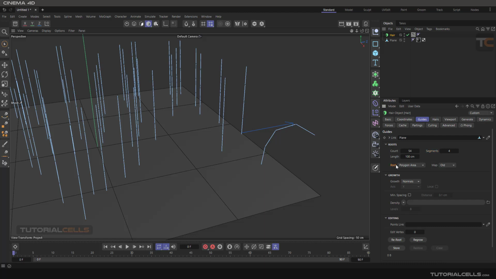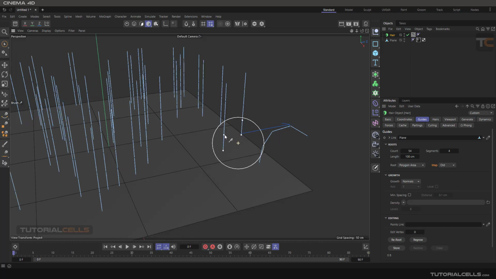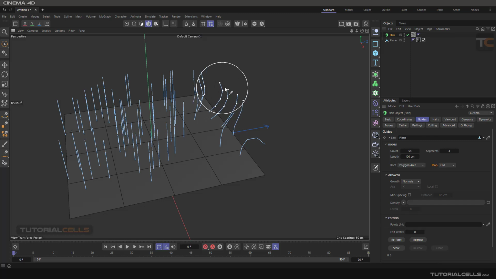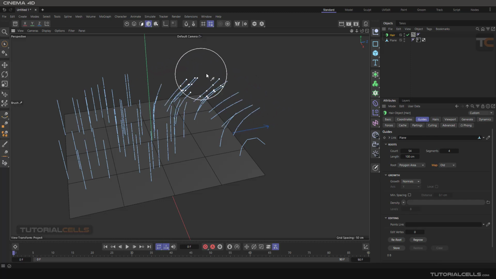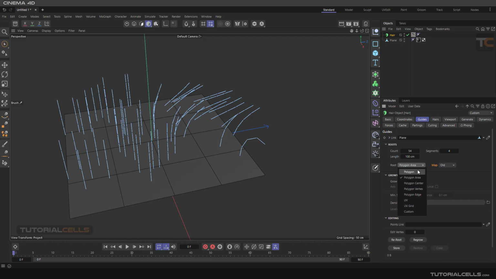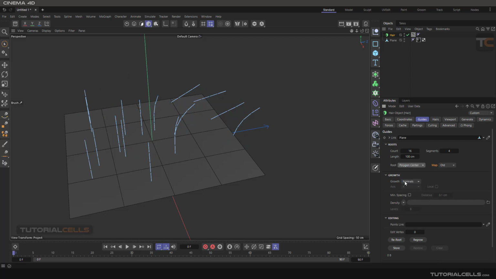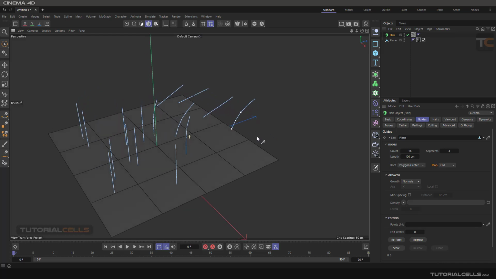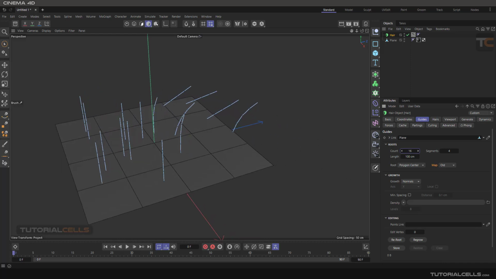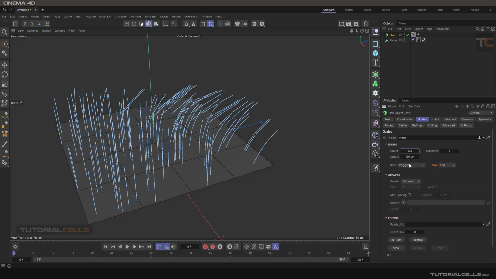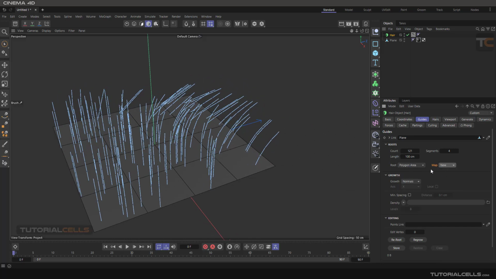So this is Root. And another thing is Map. Map Old means if you change the style of your hair, for example this hair, and change to Polygon or Center, you can see it trying to maintain that style, or Vertex or Polygon. You can see it trying to maintain the old style. But if you make it New, it's trying to